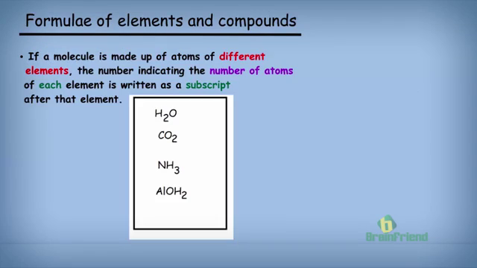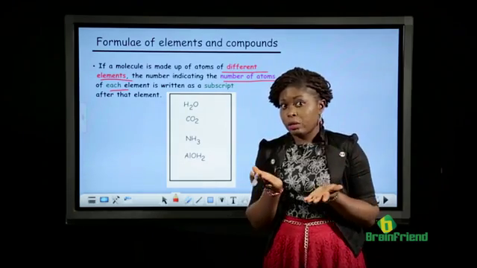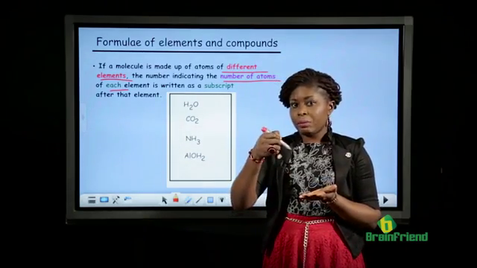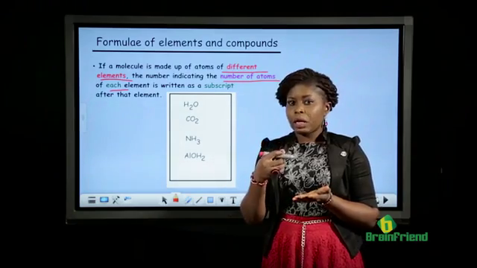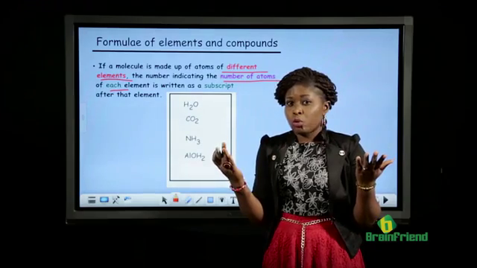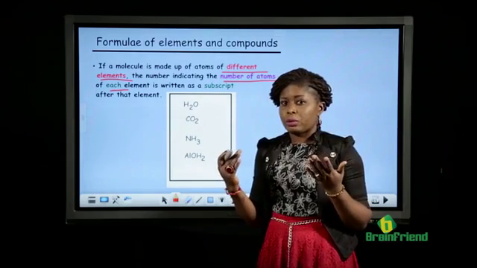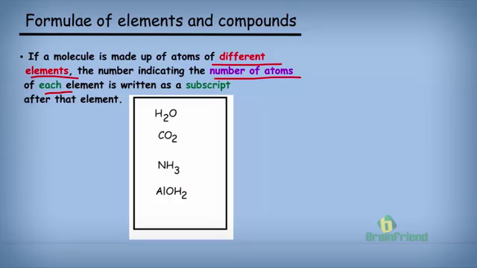Then another thing to note is that if a molecule is made up of atoms of different elements, the number indicating the number of atoms of each element is written as a subscript after the element. So it shows us that in writing a molecule or a compound, there are some elements in that compound that would have as many atoms as possible. So we need to show the number of atoms of each element in that compound. For example, if you have